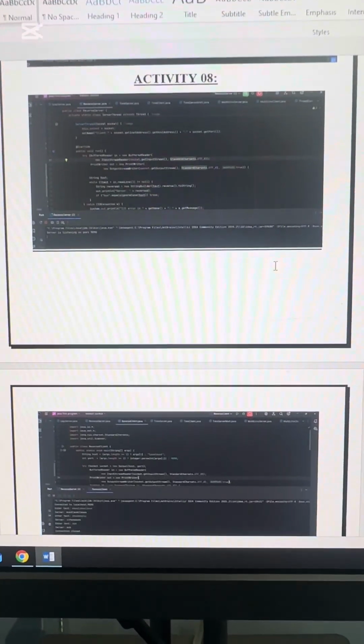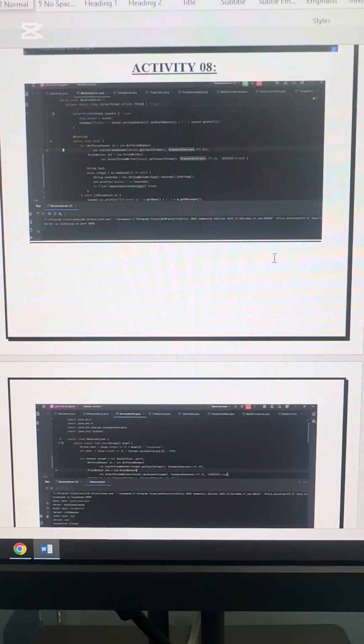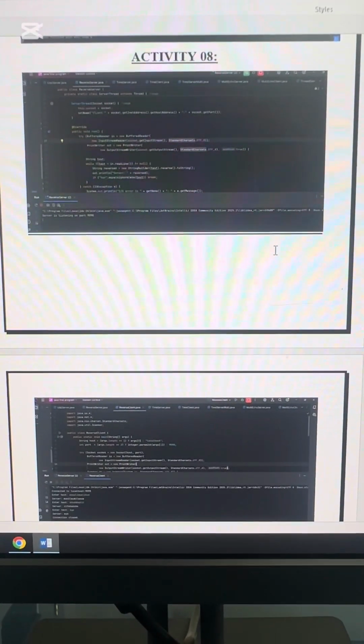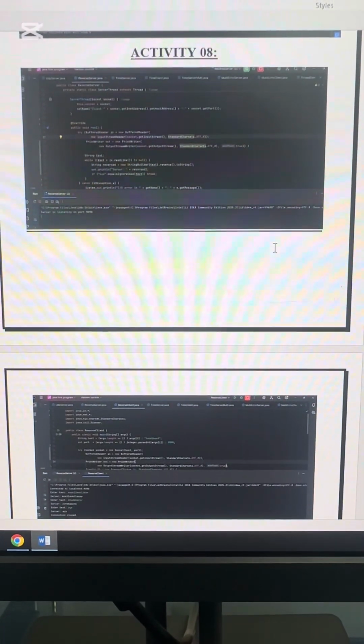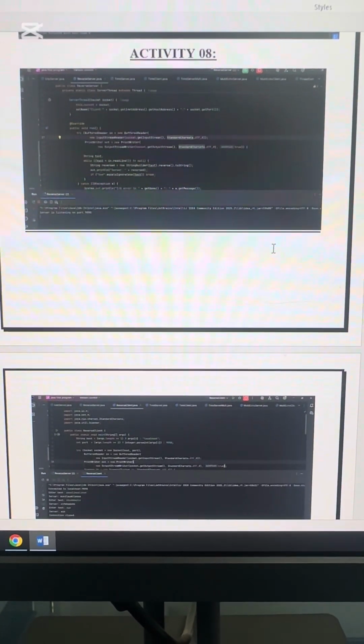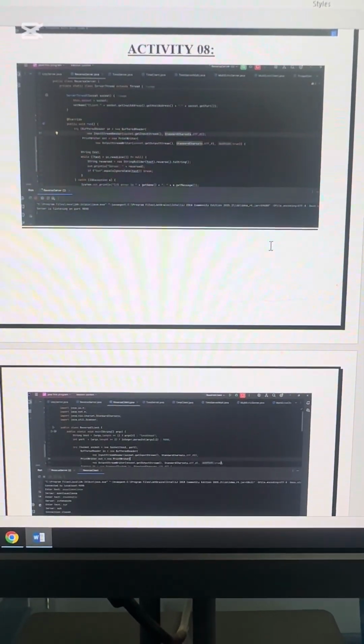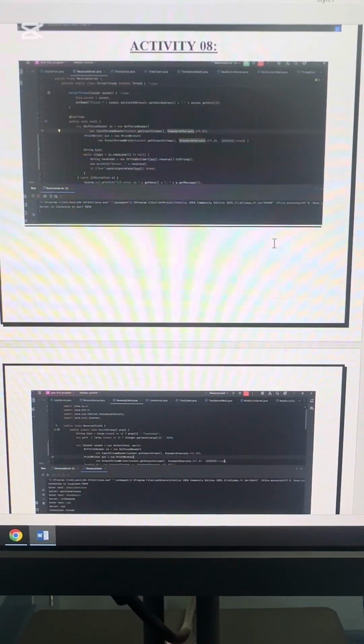Activity 8 shows the multi-threaded version, ReverseServer2, again using a server thread to handle client connections, demonstrating a robust network application that can handle multiple clients simultaneously. The client terminates the connection by sending the word "bye".